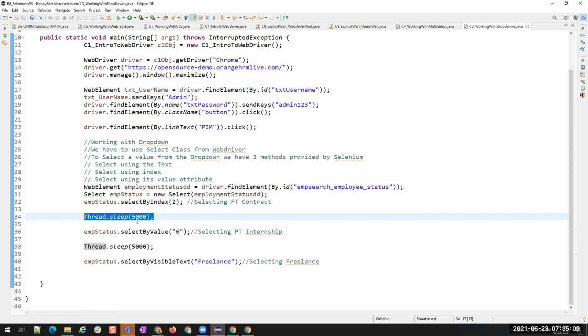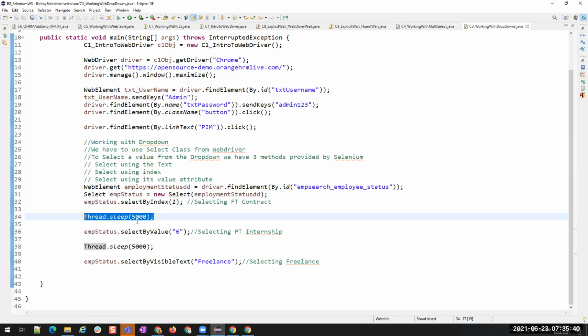So these are the different types of synchronization techniques that we use in Selenium. One is implicit wait, which we apply at the driver level, and the other is explicit wait, which we apply at element level. We can apply some conditions, and in explicit wait, we have two different types: WebDriver wait and Fluent wait. In WebDriver wait, we do not have options to change the polling time, whereas in Fluent wait, we have options to change the polling time.